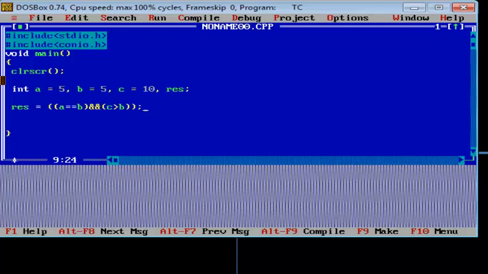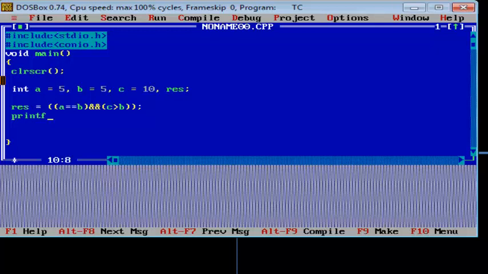So here you are going to compare two conditions. First condition is whether a is equal to b. Right side condition is whether c is greater than b. When both the conditions are true, the resultant value will be true, that is 1.